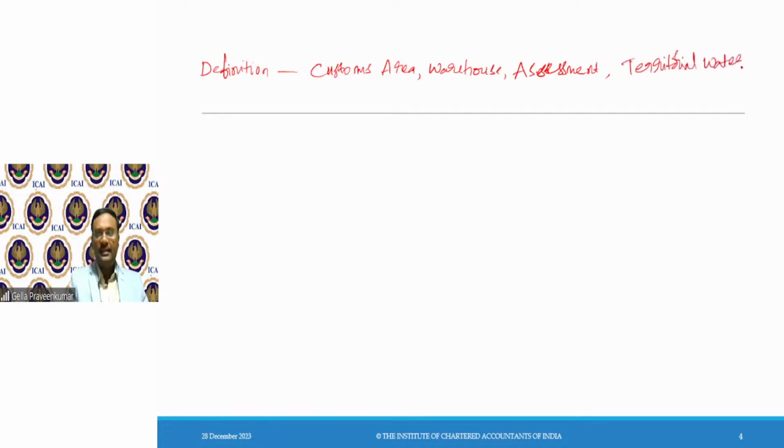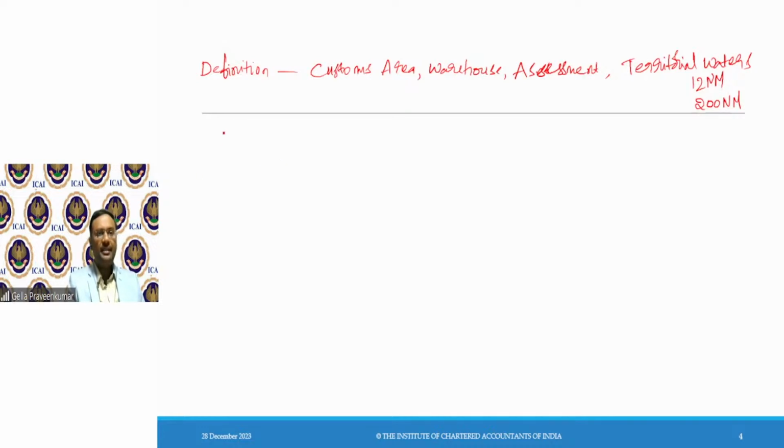These are the basic definitions we discussed, where I explained the areas which form part of your customs area, like international courier, export post office, bonded bureaus under respective provisions of customs law. And assessment, which includes imports, exports, classification, measurement of a particular item, self-assessment, provisional assessment. Then territorial waters, where in case of normal territorial waters, 12 nautical miles I explained. Also in case of exclusive economic zone, 200 nautical miles I explained.